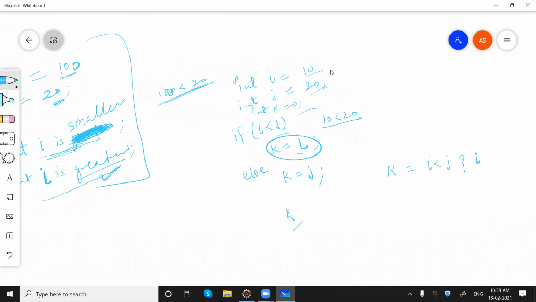When the condition is true, whatever the value in i, keep that value in k. And when it is false, whatever the value we have in j will be initialized to the k variable. So this statement can be written like this.